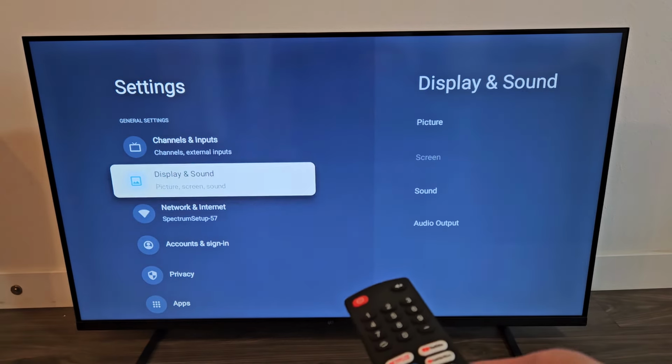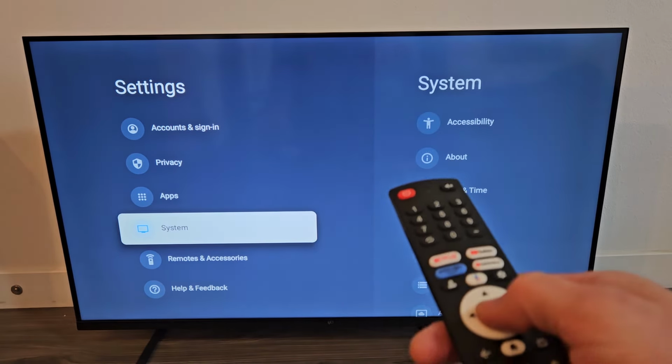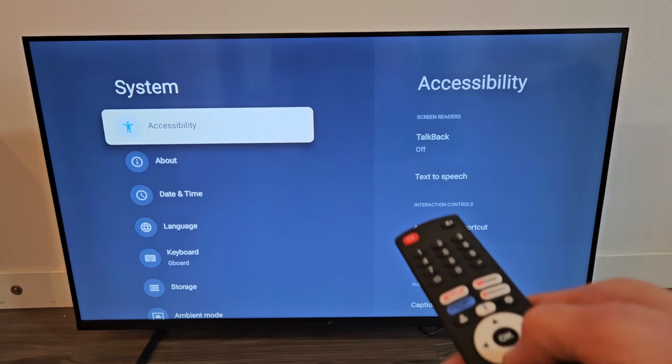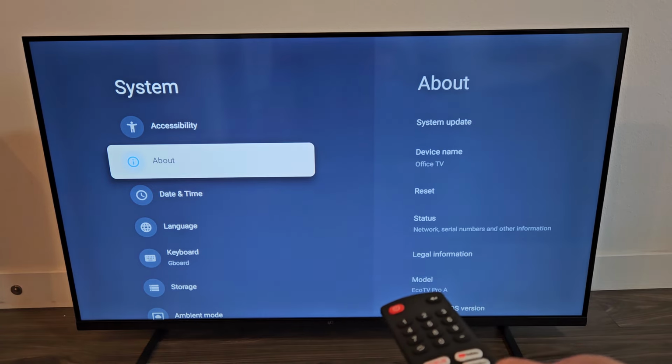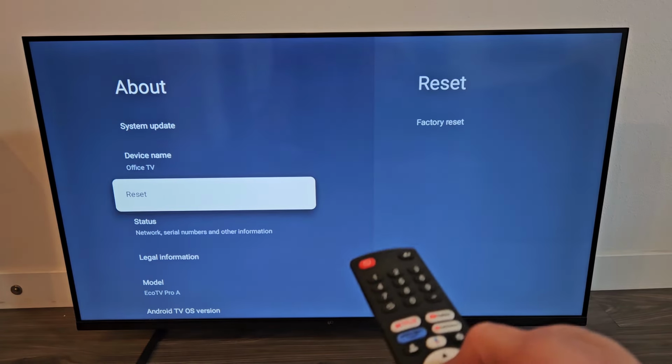From here we're going to go down to system right there. System, okay on the remote. And then from here we're going to go down to about right there, okay on the remote. And then we're going to go down to reset right there, click on okay on the remote, and it says